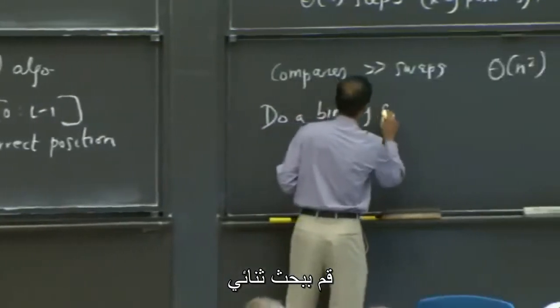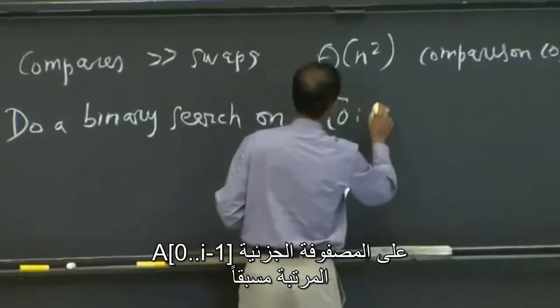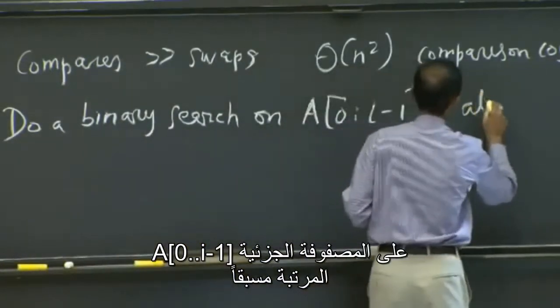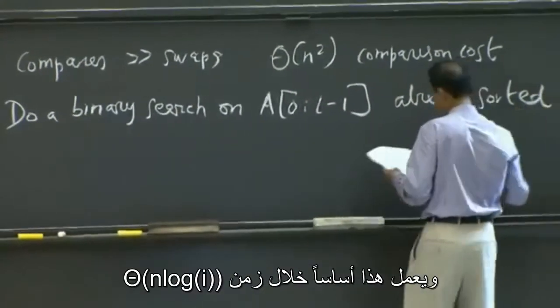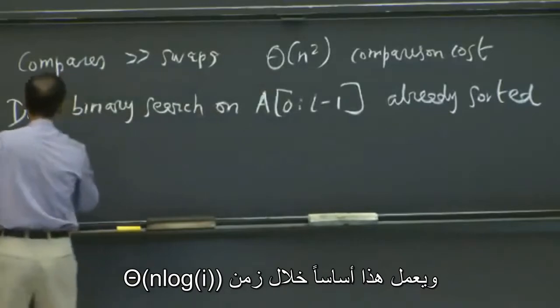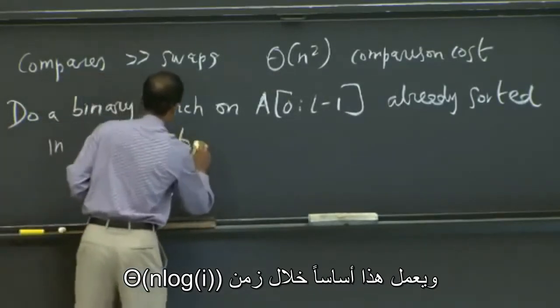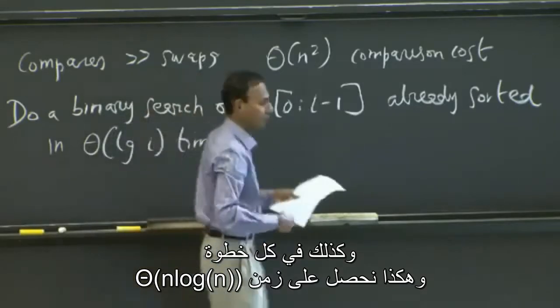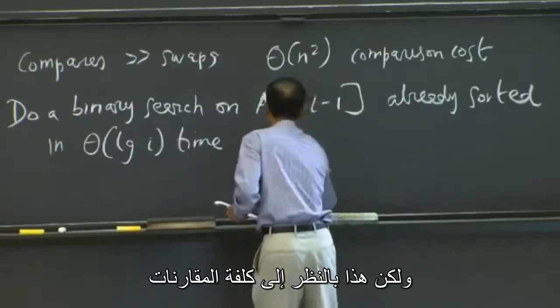Do a binary search on a of 0 through I minus 1, which is already sorted. And essentially, you can think of it as theta log I time, and for each of those steps, and so then you get your theta n log n. But